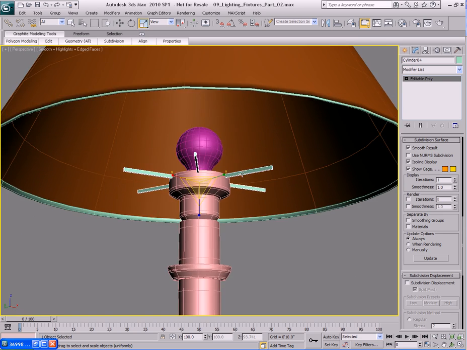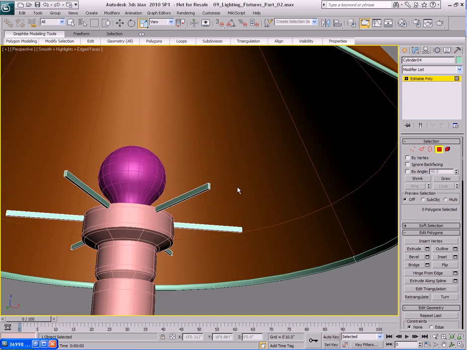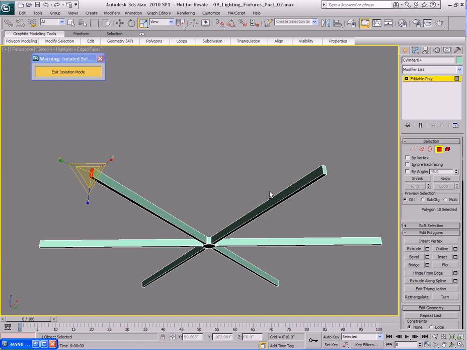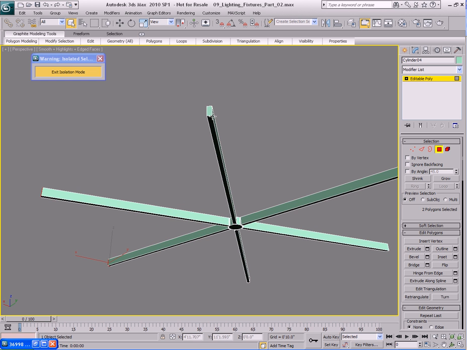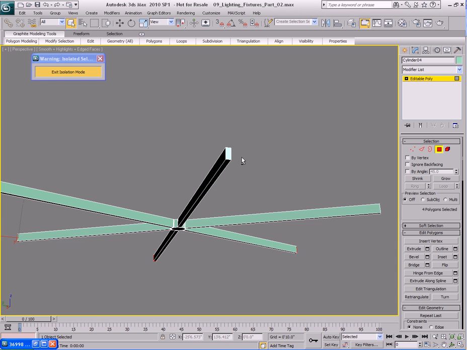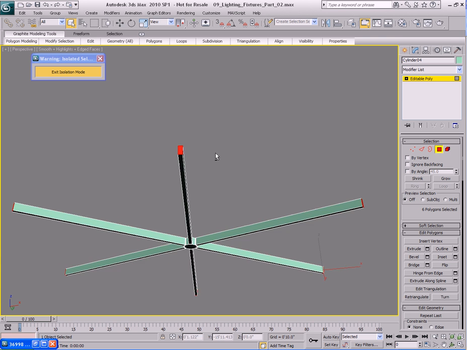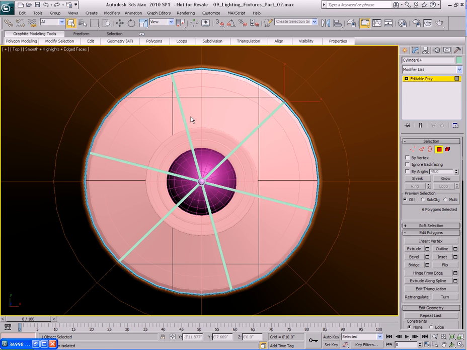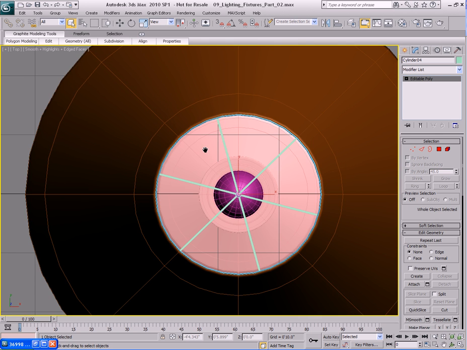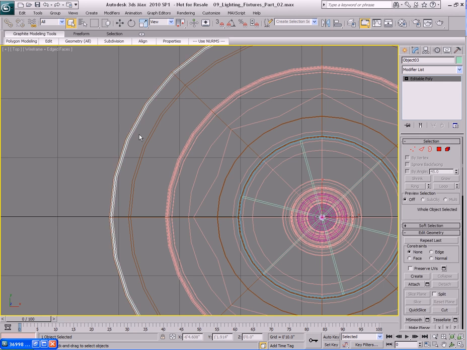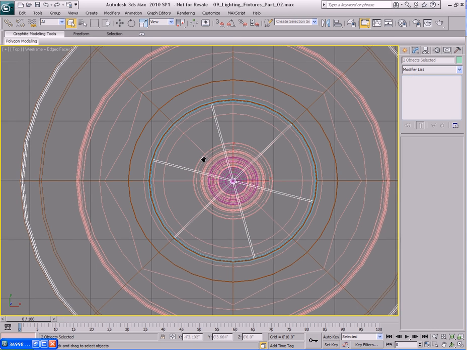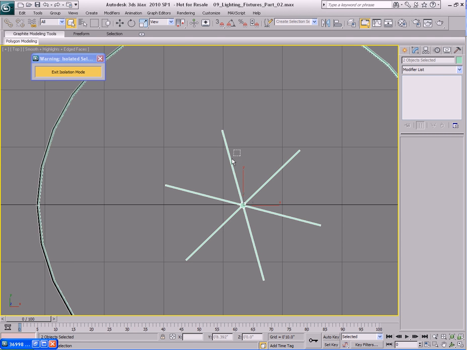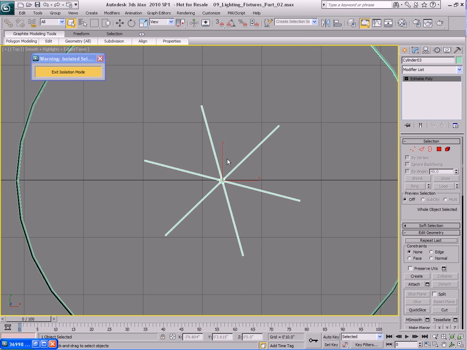I'm going to go back to my perspective view, and let me isolate selection on this guy. I'm going to select the polygons on the ends over here of this object. Okay. I'm going to go to the top view, get out of isolate selection mode. I'm going to grab the new spindle I created and the one on the top. I'm going to isolate selection. And then with this spindle here for the top that we created earlier,